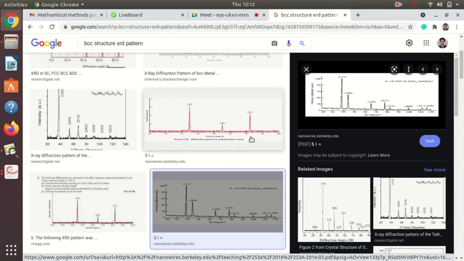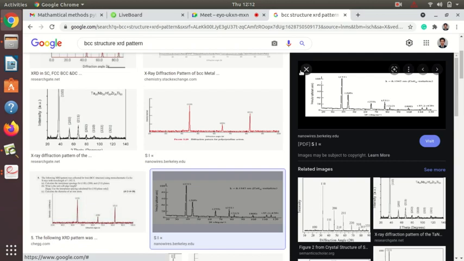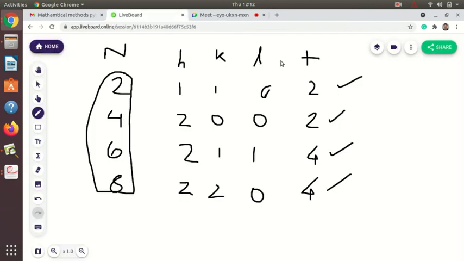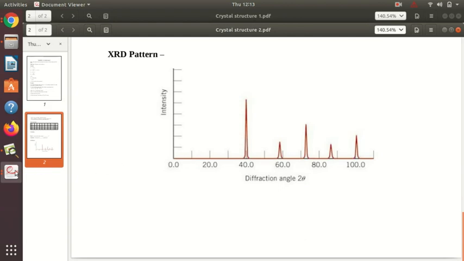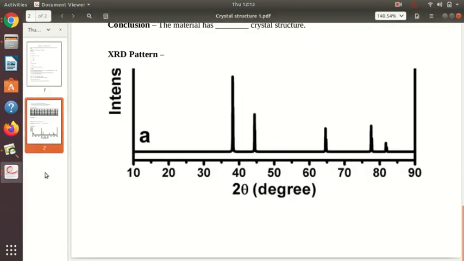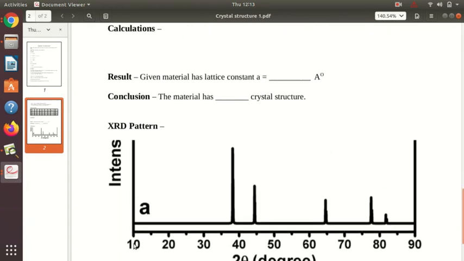But if you see equidistant peaks, you can guess that it is BCC crystal structure. So this is a hint. So you can guess from the given two samples which is BCC and which is FCC, because you cannot find out whether it is FCC or not. But I already told you I have given one sample BCC and one sample FCC. So you can guess which of these is BCC. If one is BCC then the other is FCC. So just find out the lattice constant.